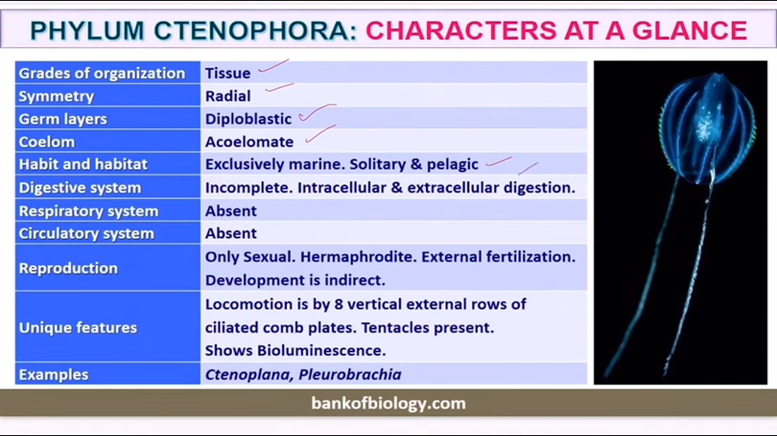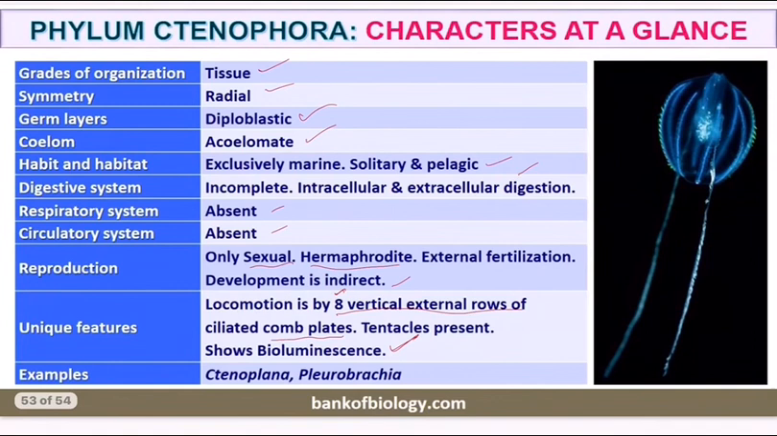Then, to conclude, in a nutshell: tissue grade organization, radial symmetry, 2 layers, ectoderm and endoderm, no coelom, exclusively marine, solitary, pelagic, digestive system incomplete, intracellular and extracellular digestion, respiratory system absent, circulatory system absent, reproduction only sexual, monoecious or hermaphrodite, external fertilization, development indirect through larva, locomotion by 8 vertical external rows of ciliated comb plates. Maybe you have to remember this 8 digit. Tentacles present, and this is very, very important. Often this question is asked in UPSC NDA as well as your NEET exam, bioluminescence. Example, you must remember 2 animals,